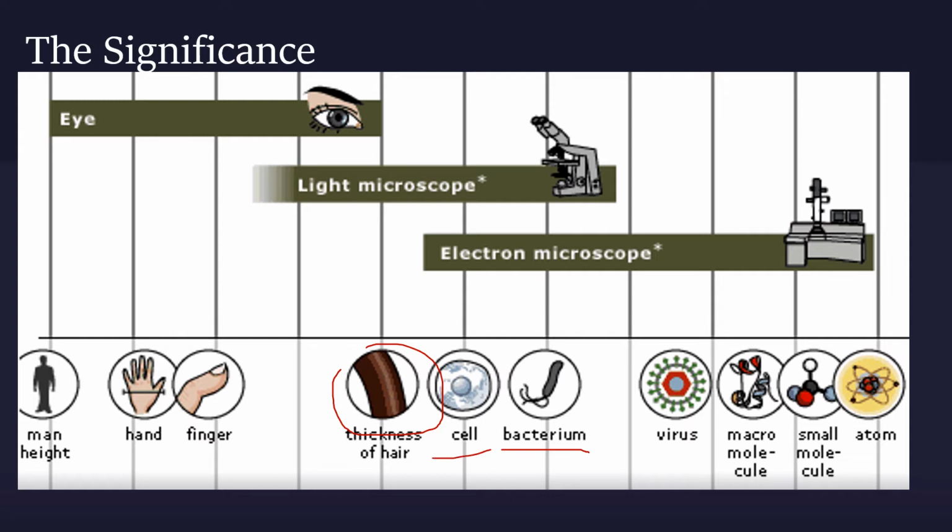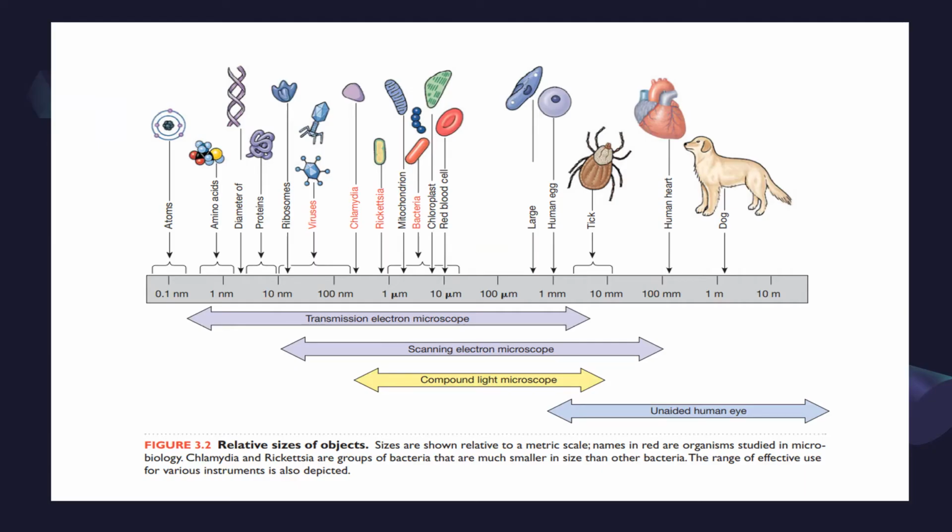But what if we want to dig deeper into the cell? What if we want to see what is inside the cell, like the nucleus, the granules, and many other things that are present in the cell? Then you go with electron microscope. It makes the images more clear. It makes us visualize viruses which are not at all visible by light microscope, macromolecules, atoms. So electron microscope will help us to see even smaller objects which are not seen by light microscope. Okay, so that was the significance.